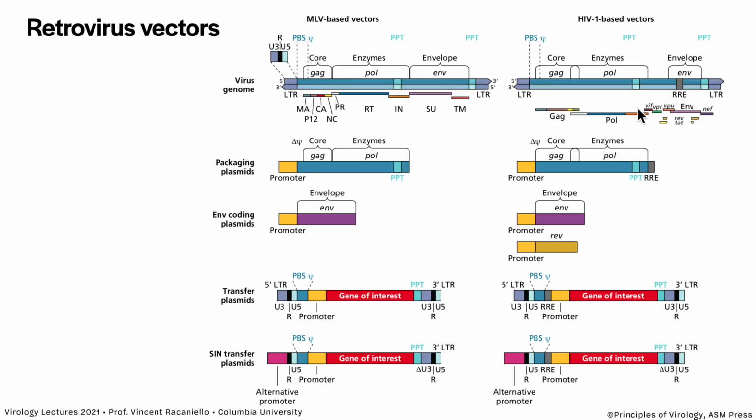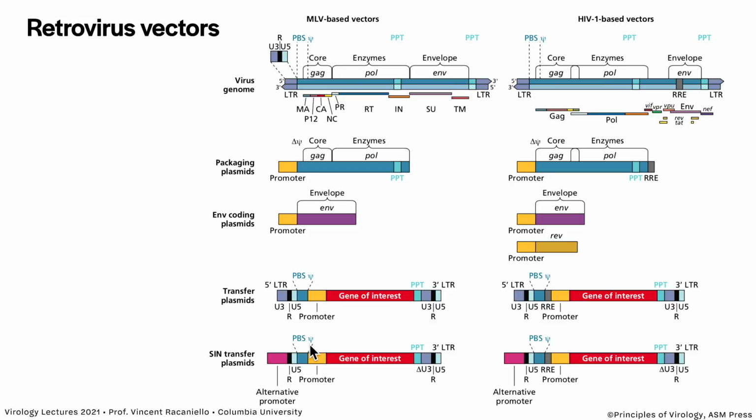And what we do in both cases, we make packaging plasmids, we make envelope plasmids for both of these. And then you put your gene in, you make a transgene plasmid as well. They call them transfer plasmids for both. Again, you have LTRs, you have the packaging sequence, a promoter, and your gene of interest. Down here, you see